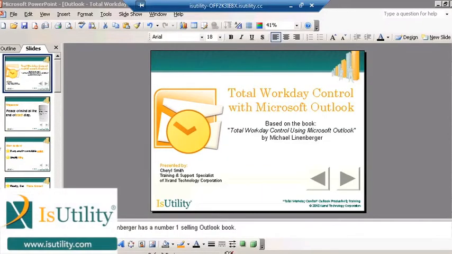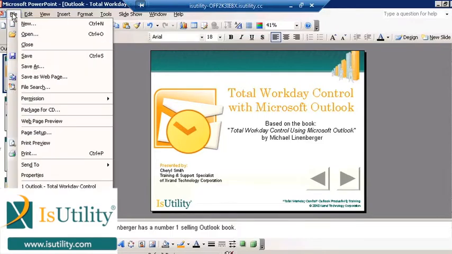Sometimes when you're finished with a PowerPoint presentation, your audience would like a hard copy, or you'd like to give them additional information that were not on the slides. You have options on how to print that will make this possible. If you go up to File, select Print,